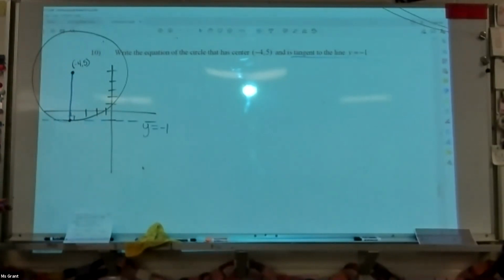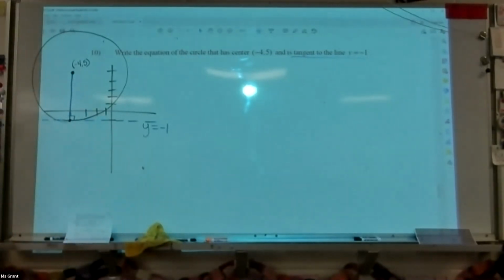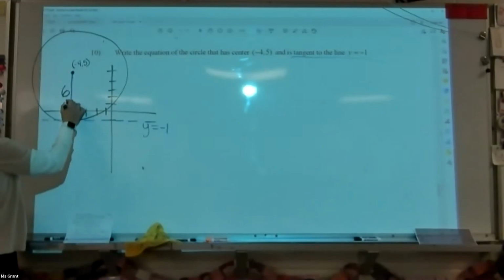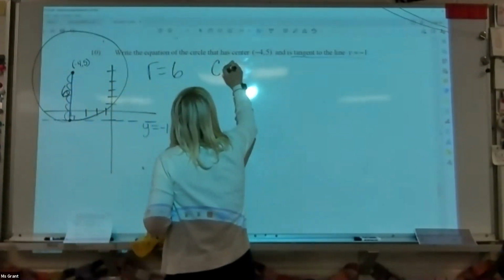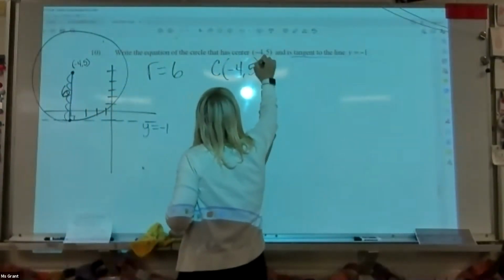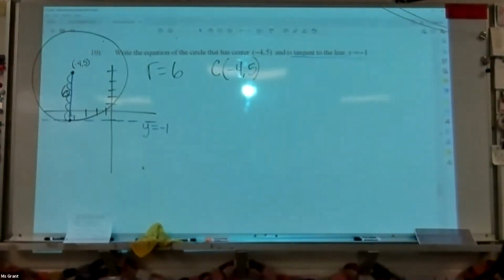How many spaces is that from the edge of the circle to the center of the circle? 6. 1, 2, 3, 4, 5, 6. Center, -4, 5. Well, there's the information I need. Go ahead and write the formula now on your own. I'm given the radius is 6. I'm given the center is -4, 5. Go ahead and write out the